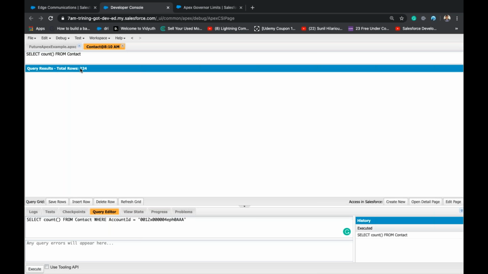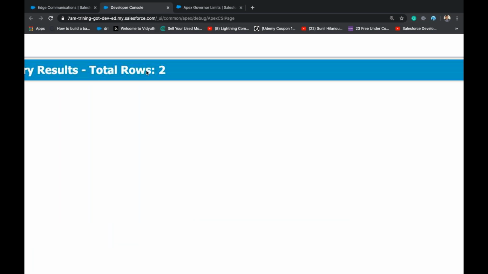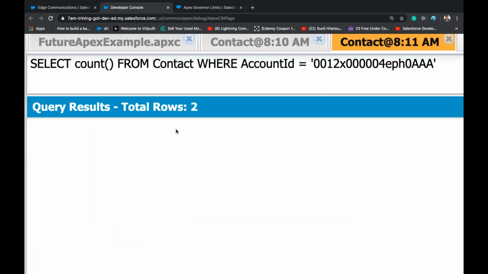So in this 224, we should get two. We got two. You can see here total rows returned with this query are two, right? So select count from Contact where AccountId is equal to so and so will give the number of contacts.